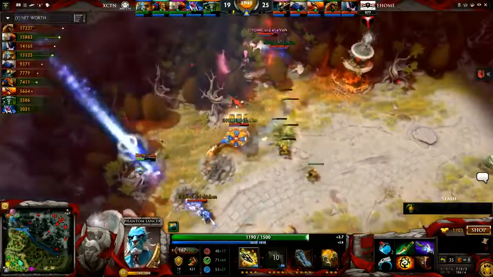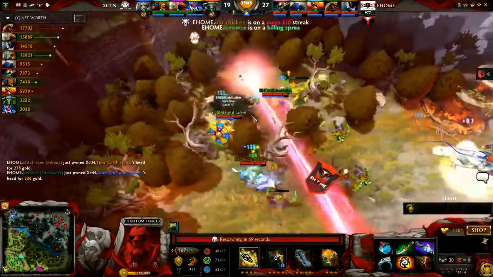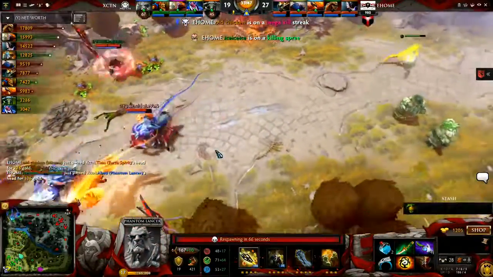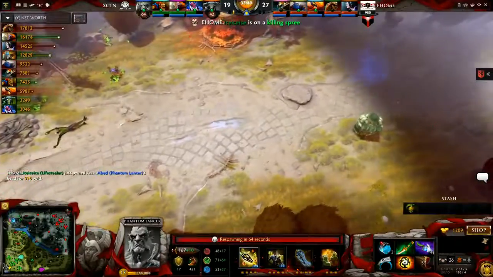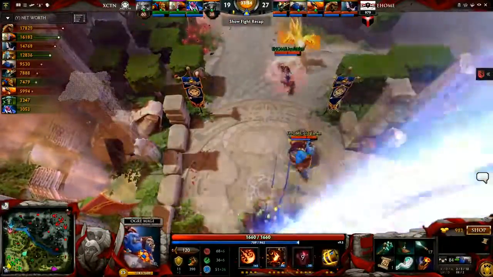Abed is going to get caught out as well. TP was not able to complete, and he has nothing left now, and he's just going to have to go down. There's nothing he can do. It's too dead. It would have been fine if maybe you just lose the Earth Spirit, but again, another carry dies for Execration. EHOME just snowballing this one, and